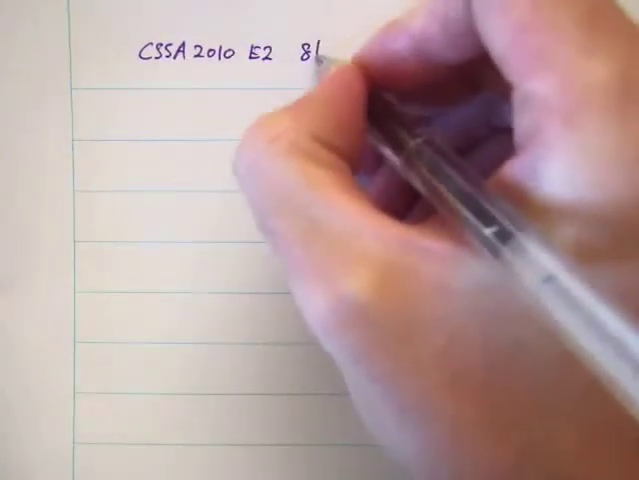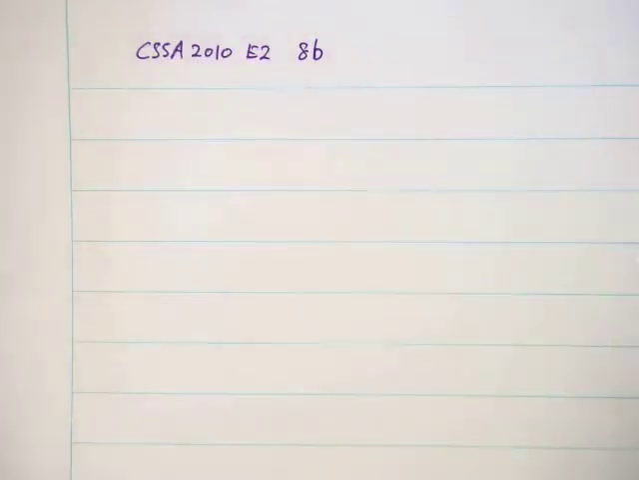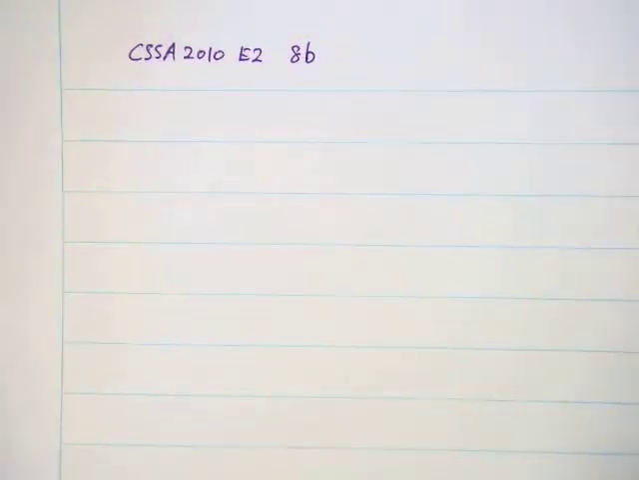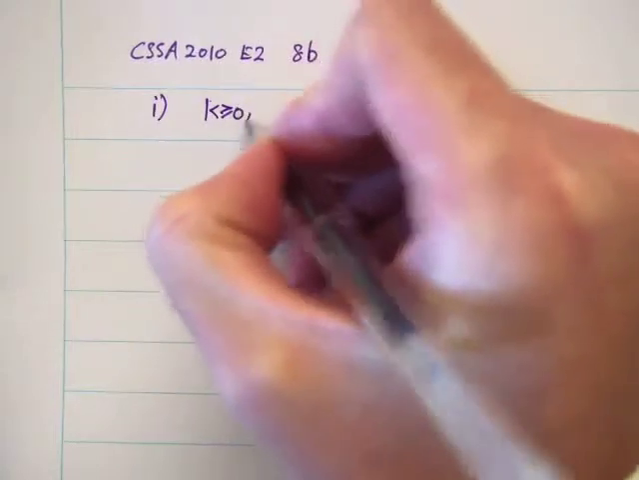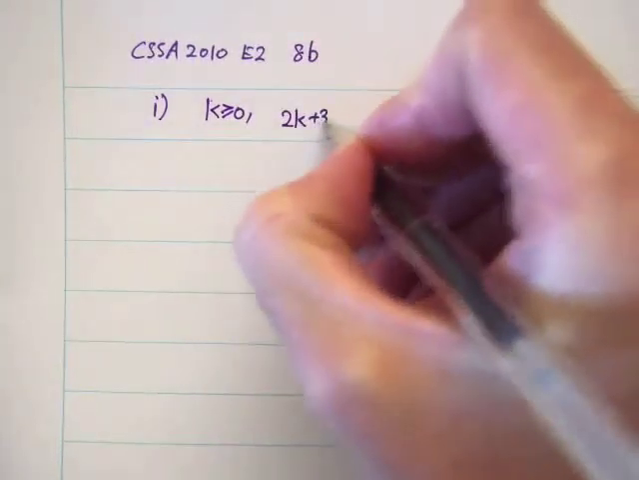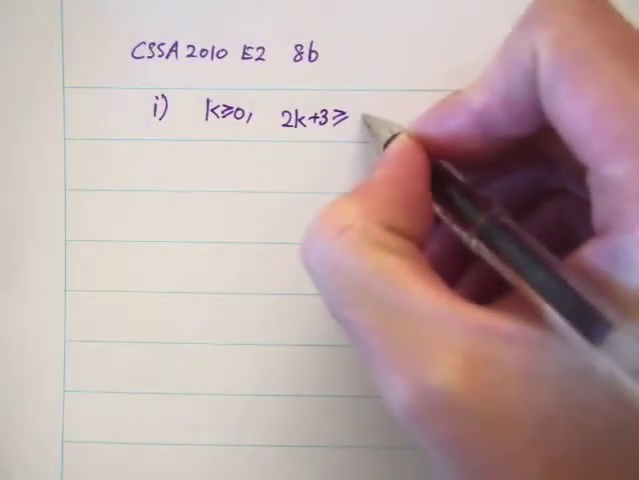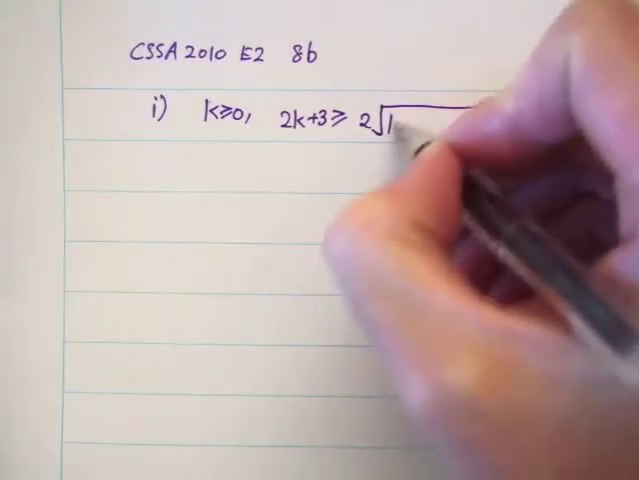Now we're at the final question of the CSSA 2010 Extension 2 paper. So this is question 8b. This is one of the few questions that require a little bit of insight, and it does get quite exciting near the end. Now, the first step was they wanted you to show that for k greater than or equal to 0, 2k plus 3 is greater than or equal to 2 root k plus 1